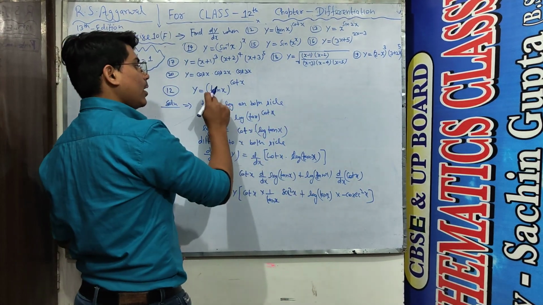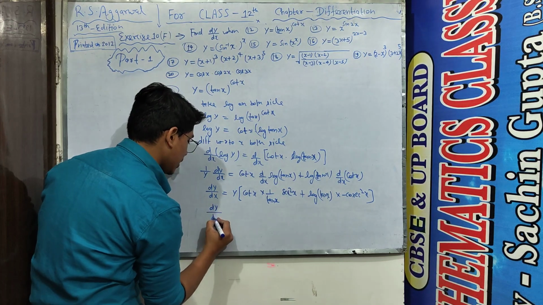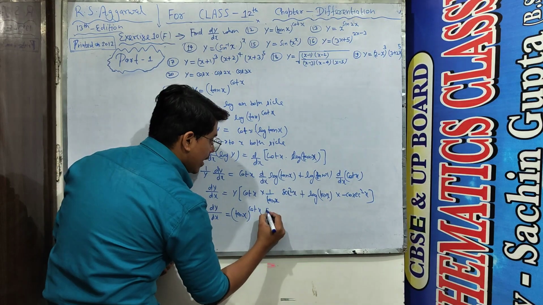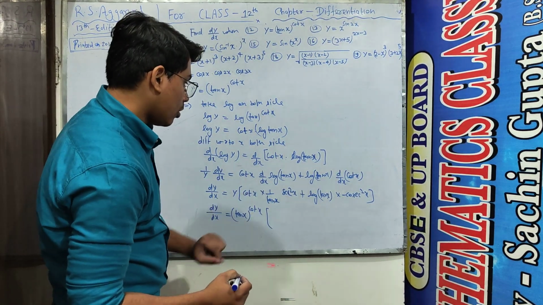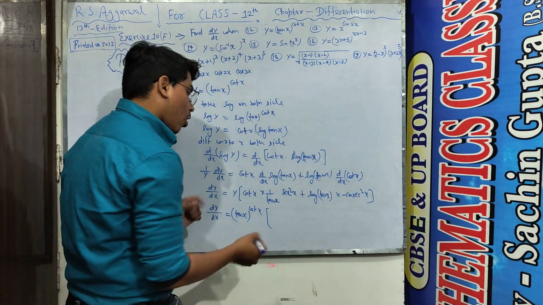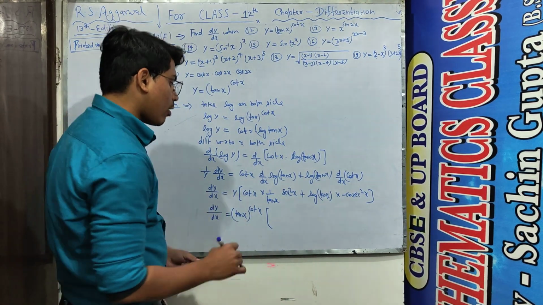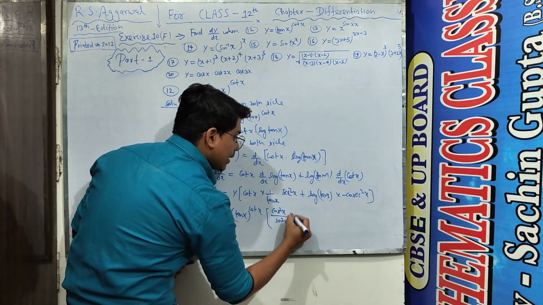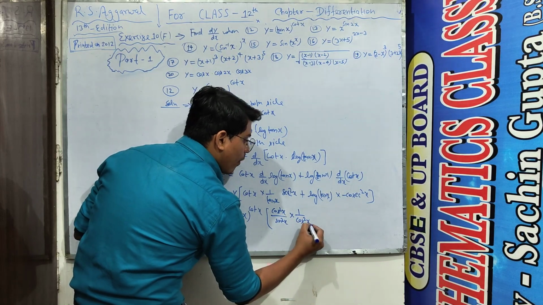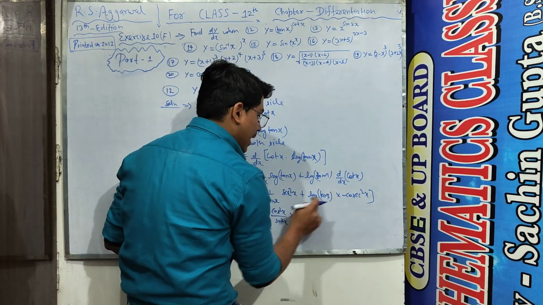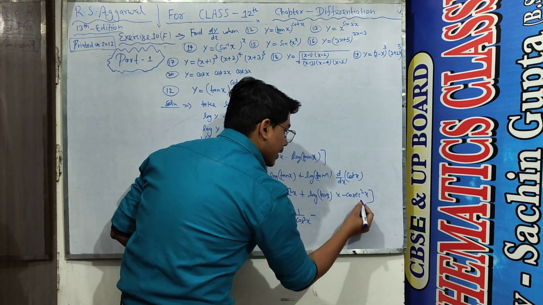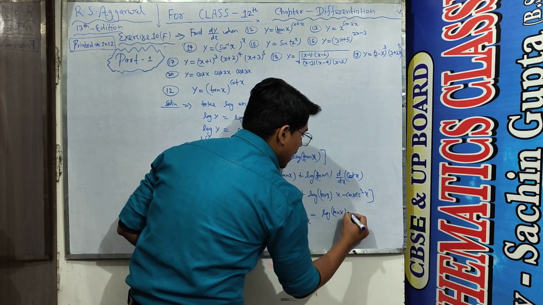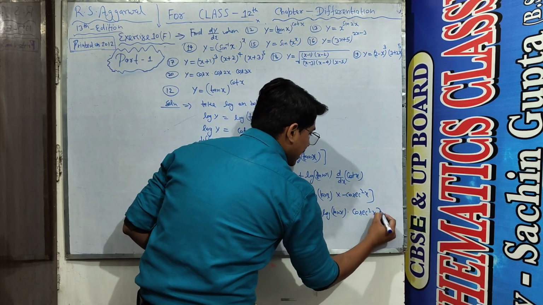And now we put the value of y from the question, which is (tan x)^(cot x). Cot, this tan goes on the upside, then it becomes cot square, and cot square can be written as cos square upon sin square, so I write cos square x upon sin square x. And this sec square can be written as 1 upon cos square x. And one more thing, this minus and this plus become minus, and this becomes log of tan x, I write as well, and in the multiplication cos square x I write as well.